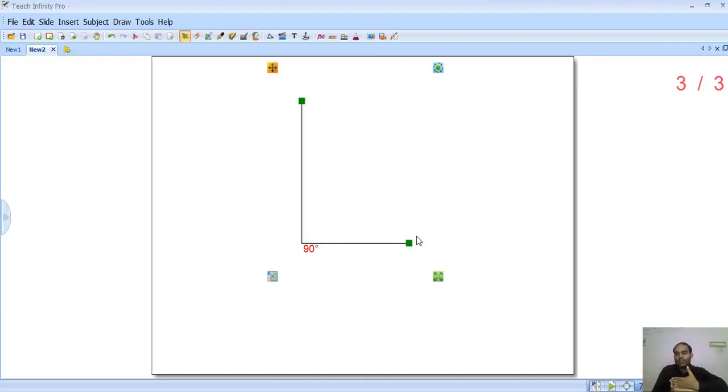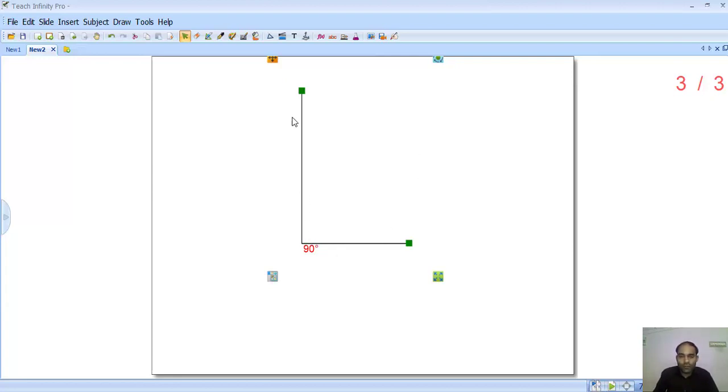Both are exactly straight to each other. This joint is at an angle of 90-degree. There is no inclination. This will not be the condition of your floor and wall. They are exactly straight. This is any wall of your room, and when it joins the floor, it will make an angle of 90-degree. You can see the wall and the roof, the joint of wall and the roof, both will make an angle of 90-degree.